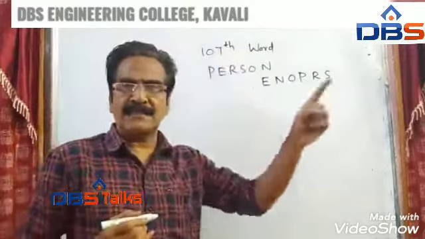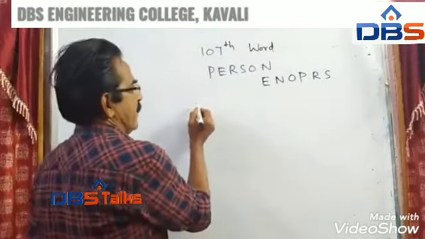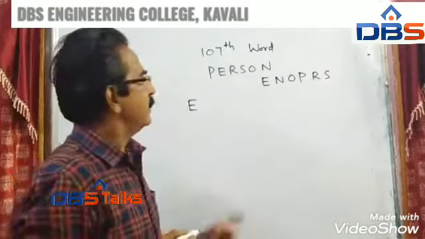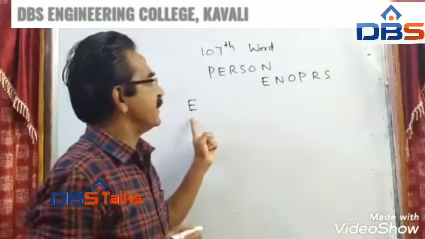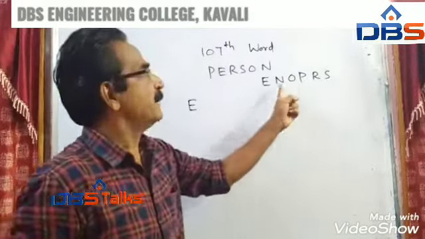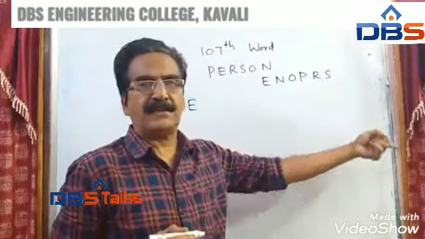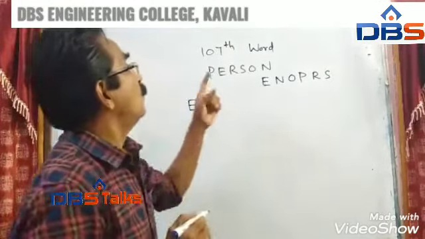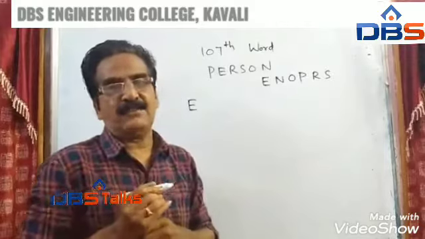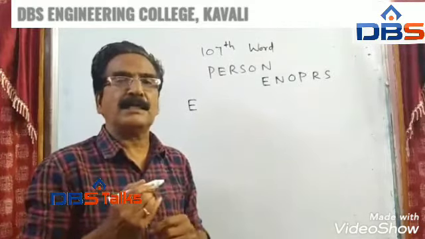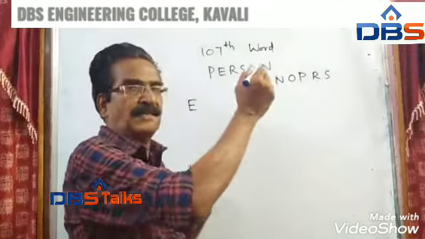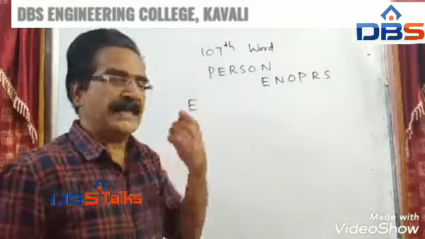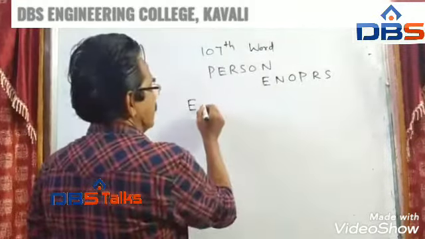We want the 107th word. Friends, as in the previous problem, if we begin with the smallest letter E, the remaining 5 blanks can be filled with 5 different letters in 5 factorial ways. That becomes 120. We want only 107. So we can't pass all the words which begin with E. So we have to take two letters. What is the next letter? EN.